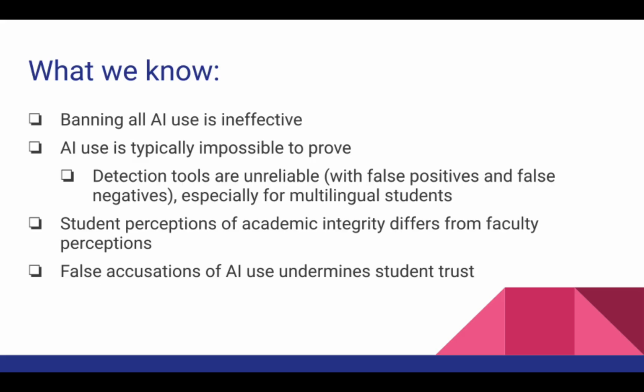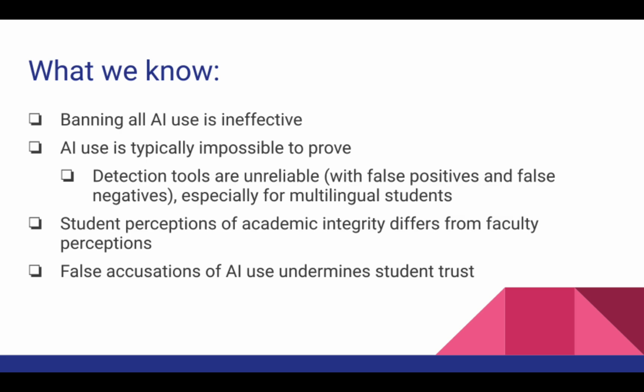But the rate of misidentification is especially high for multilingual students. If English is not your first language, especially for students who are just really getting comfortable with English, what will often happen is they've been trained in the same sort of way in how to create sentences, how to structure arguments, and so forth. And the writing style is often very similar to the way in which they learned English, because they don't have the same breadth of flexibility perhaps in writing as people who grew up writing in English.